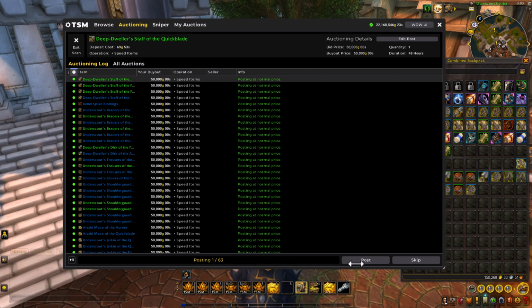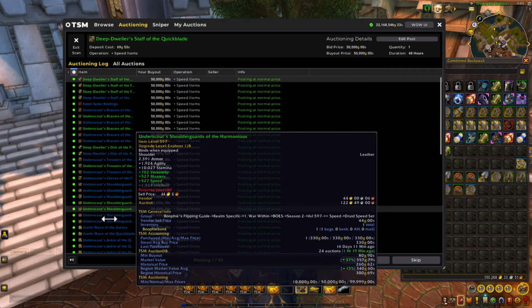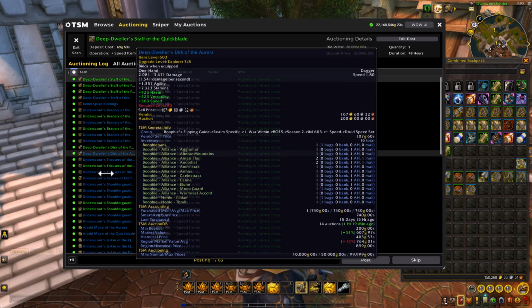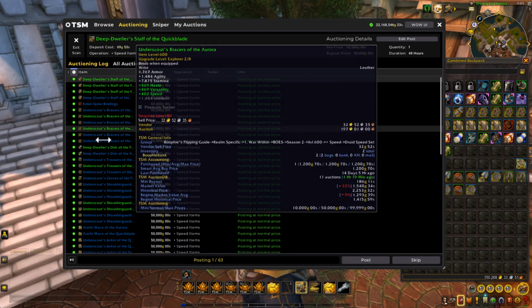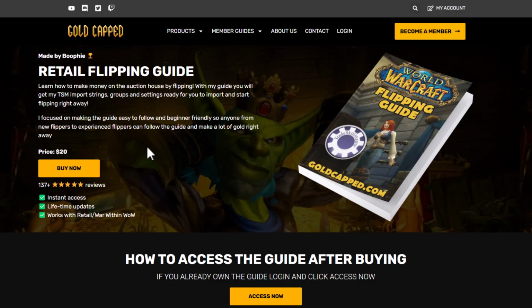I've been using flipping power, and there's a super good way with flipping power we can stock up on these for extremely cheap. Obviously these are all for your druid plus speed sets, and there's a lot of profit to be made with flipping these, but I will make a video about that in the future. So this update is obviously going to be in my flipping guide.